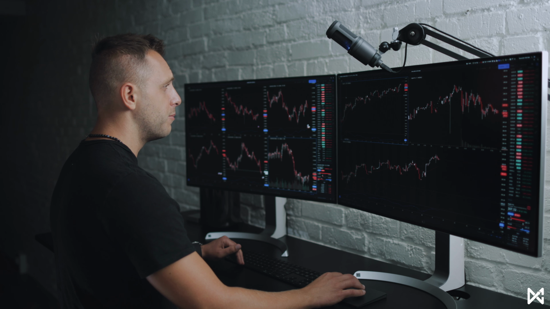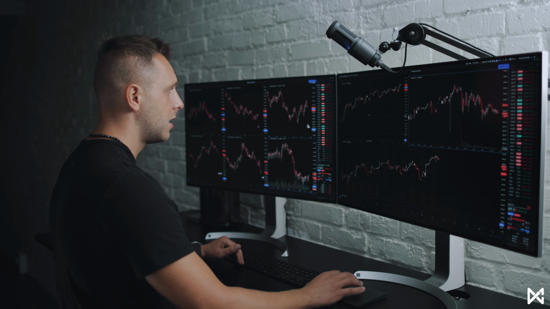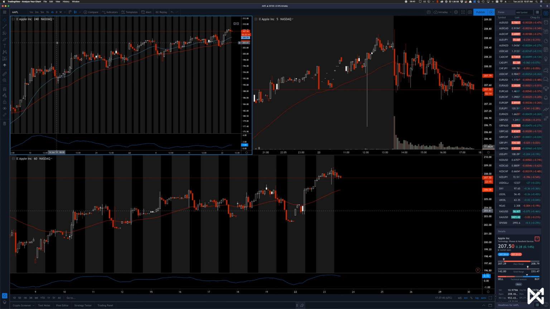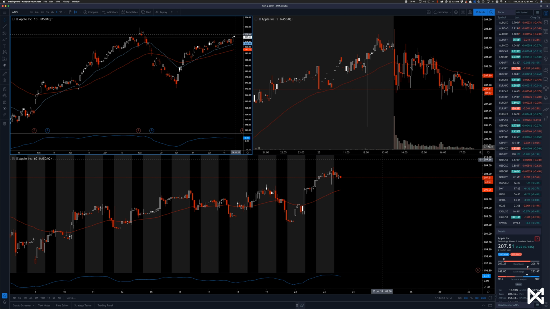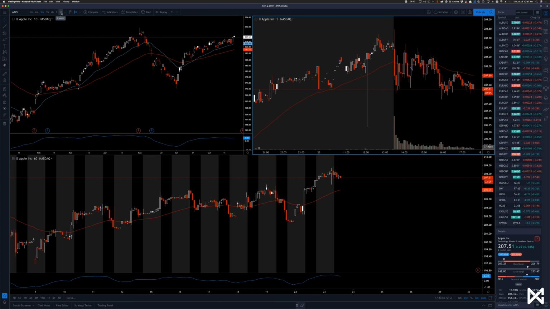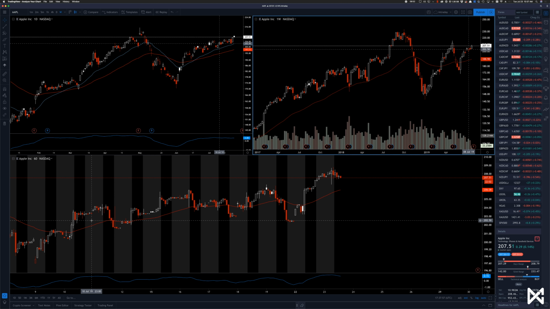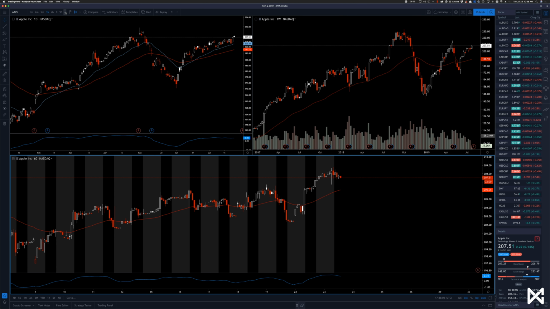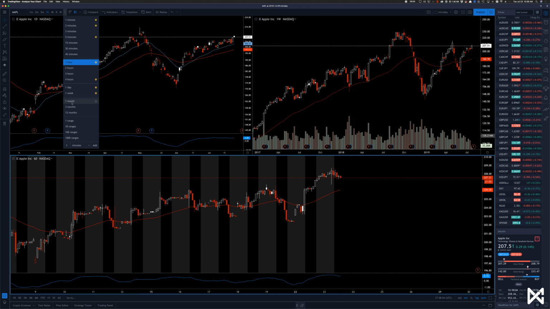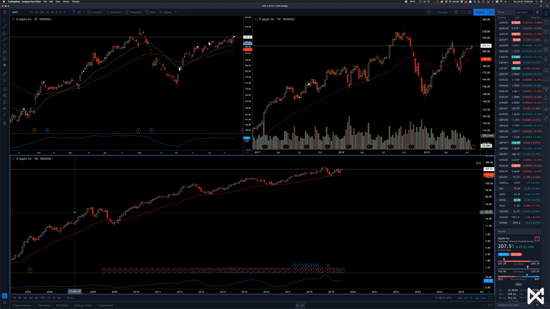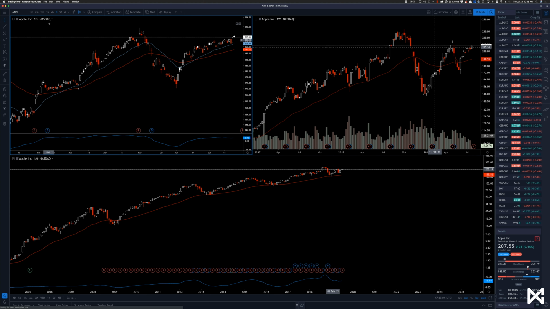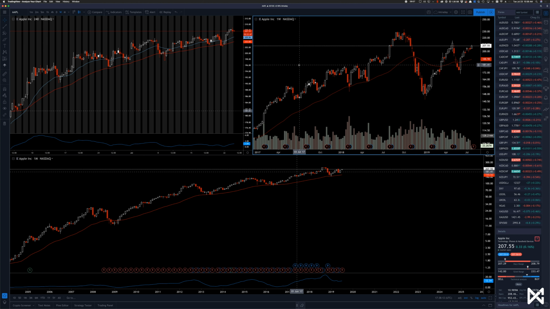Now, that's really the basics of TradingView. Let's go a little bit deeper into the actual time frames. If you want to change a time frame to, let's say, a daily chart, you can do so up here. Now this is a daily chart. If you want to change this to a weekly chart, you just click right there and now it's a weekly time frame. If you want to change this to a monthly chart as an example, you can click this little arrow and then all of a sudden you have all the other time frames that you can choose from. So here's a monthly chart, and the 4 hour, 5 minute,